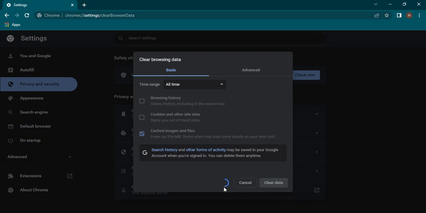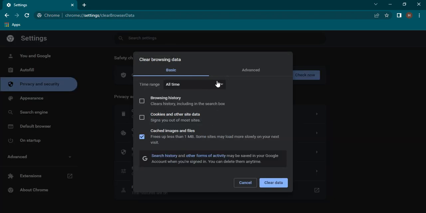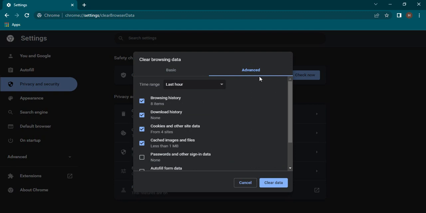Now once you do that, it's going to take some time, and now the cache data has been cleared. If you again click on the clear browsing data option, you will see that it frees up less than 1 MB for all time. Less than 1 MB is quite negligible. That means there is no cached data present on our Chrome, and all the data that was cached has been deleted. Now if we go into the advanced settings,